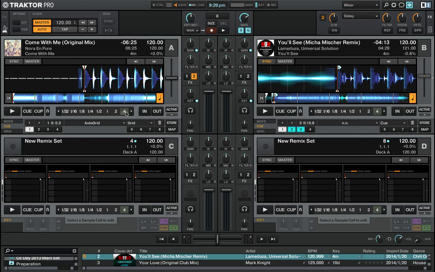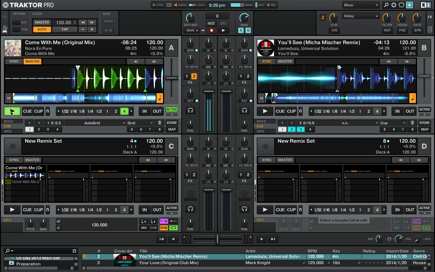Now I'm going to set a very simple 4-beat loop on the start of this deck, just to help you visualize it, and I'm going to sample that into the first slot in my remix set. So you can see the Come With Me title, and here it is down here as well, so that's been captured. So now I've got my 4-beat loop at 120 beats per minute, and if I go and play that loop in deck A,